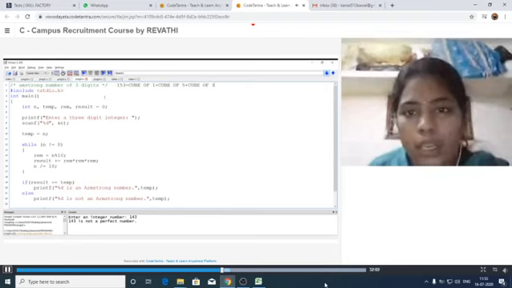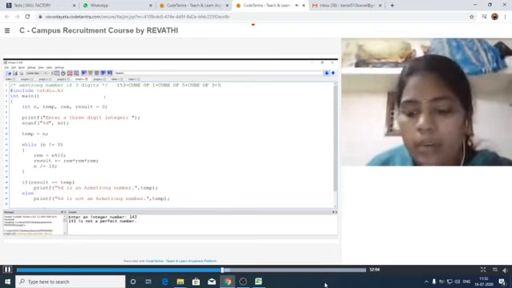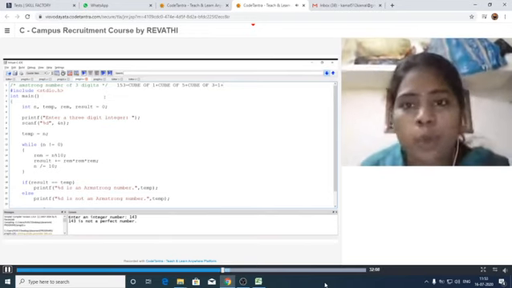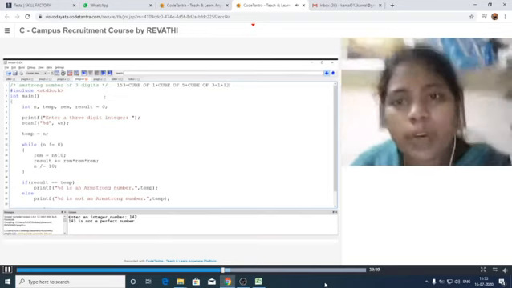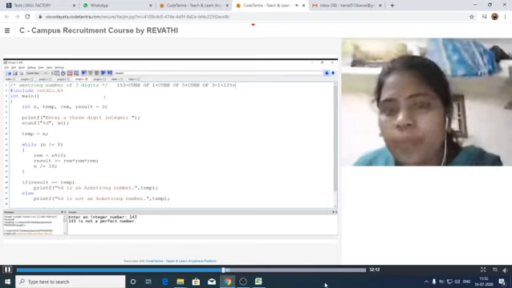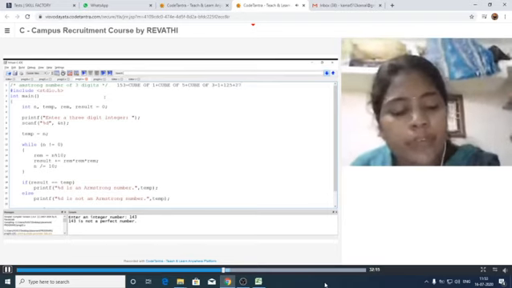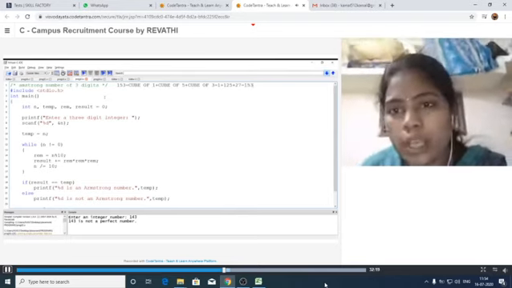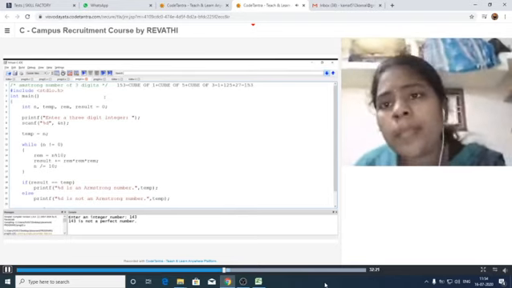So write down the values here: cube of 1 means 1, plus cube of 5, that means 125, plus cube of 3, that is equal to 27. The result is 153. Am I right? So the given number is Armstrong number.